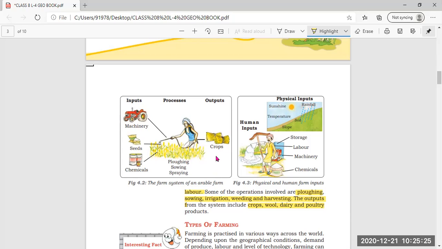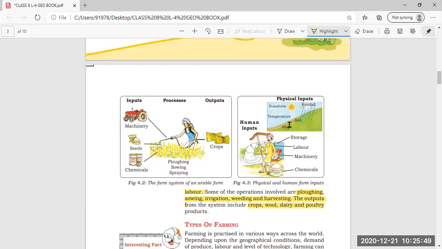And then final product is the crops you get, that is the output you get. First input is that machinery, seeds, and chemicals you put to get the output final, that is crops you get. And the process you use is plowing, sowing, and spraying. Then here physical and human farm inputs, that is